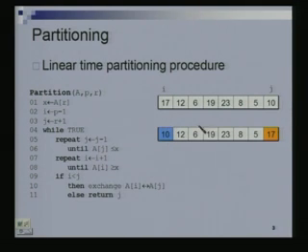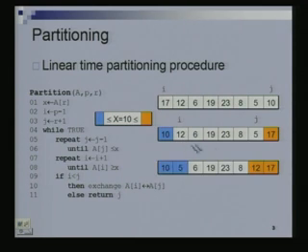Recall i is here at this point and j is here. Once again I am going to keep decrementing j till I find an element, what do I have to find? An element which is smaller than 10. I found one already, and I keep incrementing i till I find an element which is larger than 10. That I will find right here, and once again I will swap these things. So I swapped them and I continue with j.